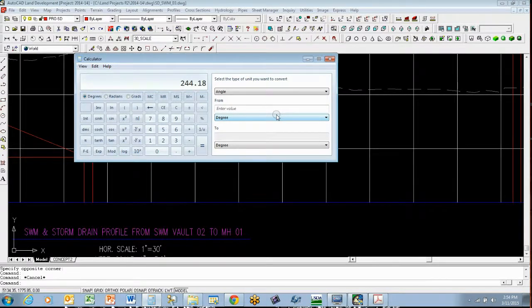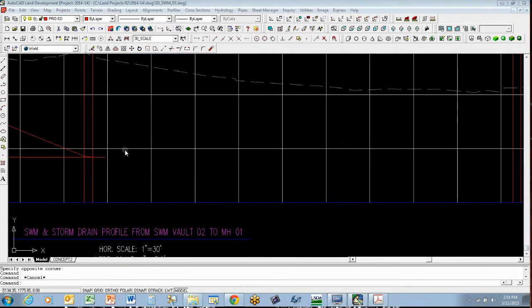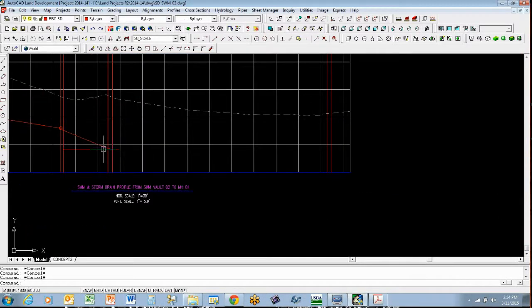244.18. We'll subtract the next elevation, which is 241.13. We'll multiply it times our vertical scale factor, times 6, that is. And that tells us that we need to be offsetting this line by 18.3 units. So we'll offset that by 18.30 units. Offset that down,